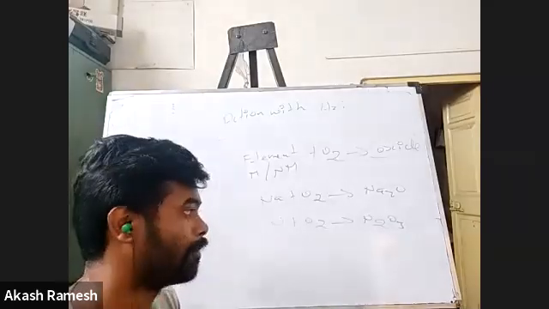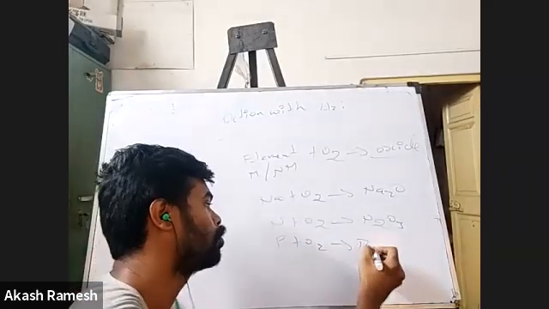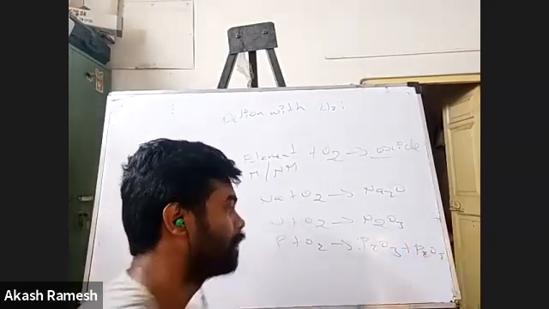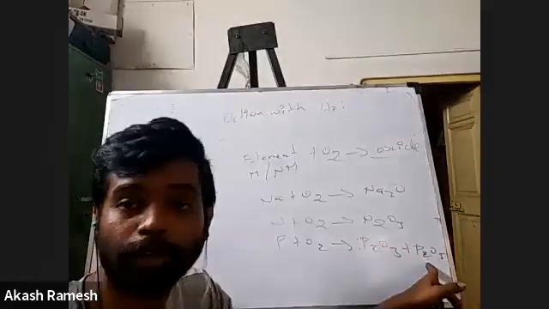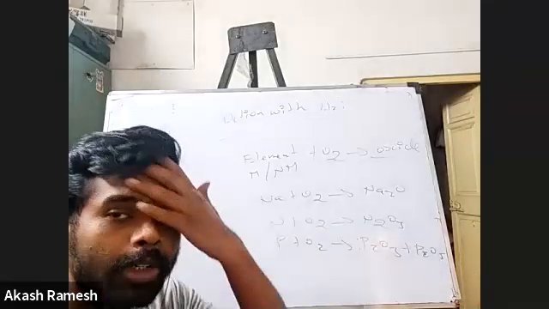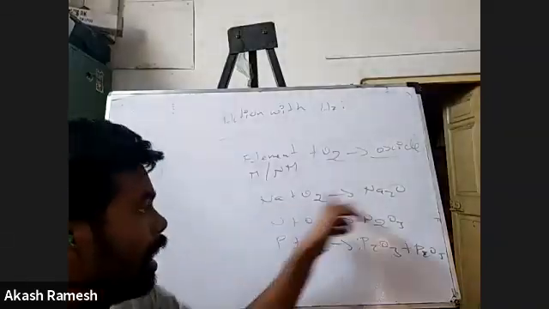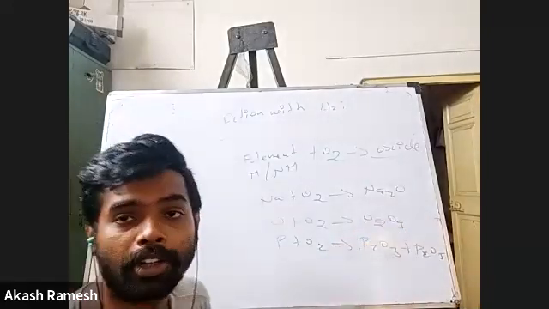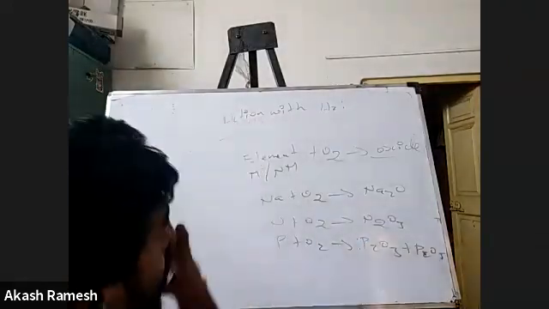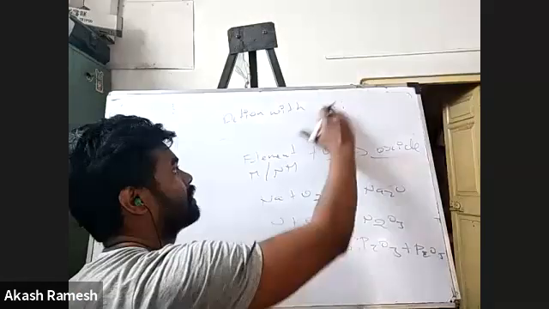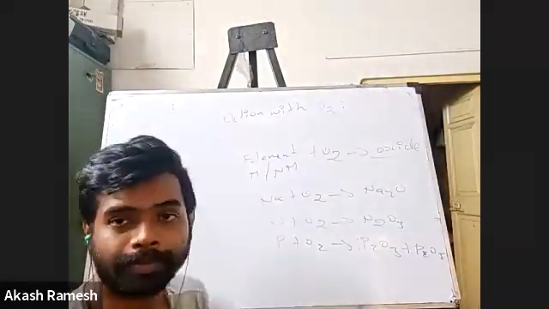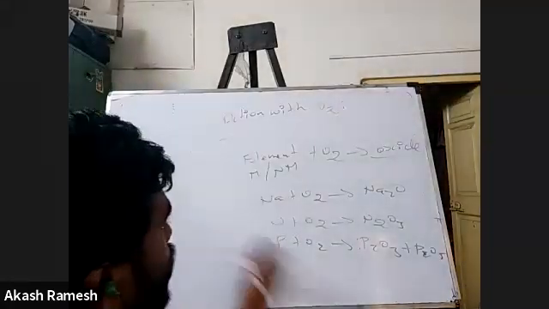Same with phosphorus, it will form two things. One is P2O3, the other one is P2O5, phosphorus trioxide and phosphorus pentoxide. Pent, I know, is 5. So two types of oxides are possible for phosphorus. So you see, metals are forming oxides, non-metals are also forming oxides. Oh, sorry, I said hydrogen. This is O2. So the reaction with O2 is what we are seeing. Right, fine. Moving on.